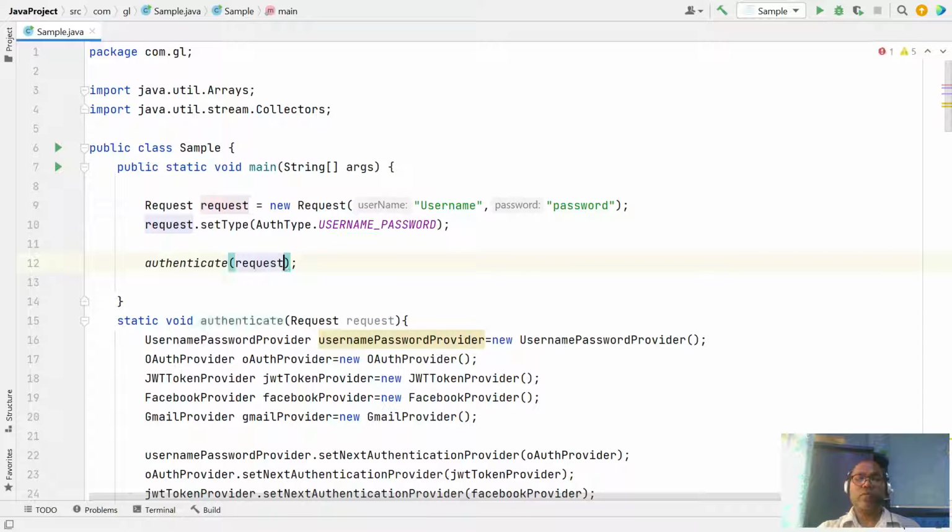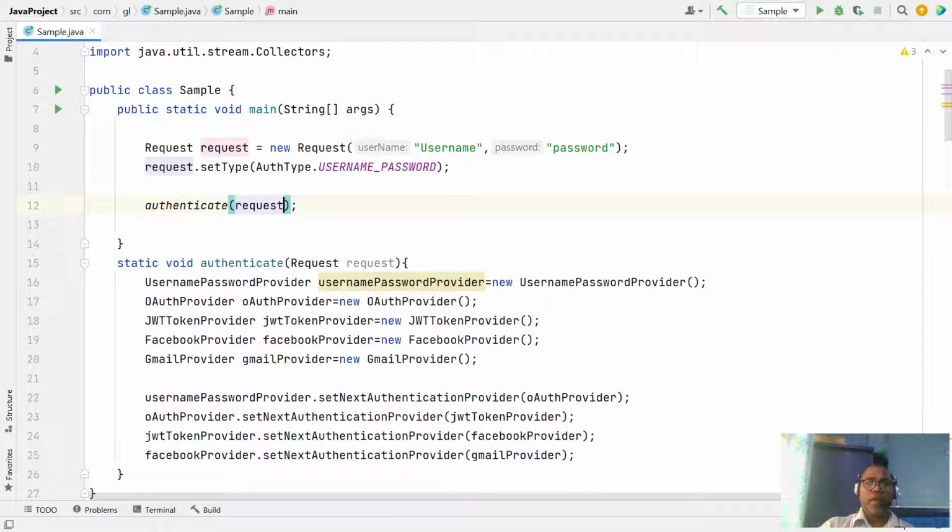So we have one request, and I am trying to set our authentication type like username password, and let's test it.